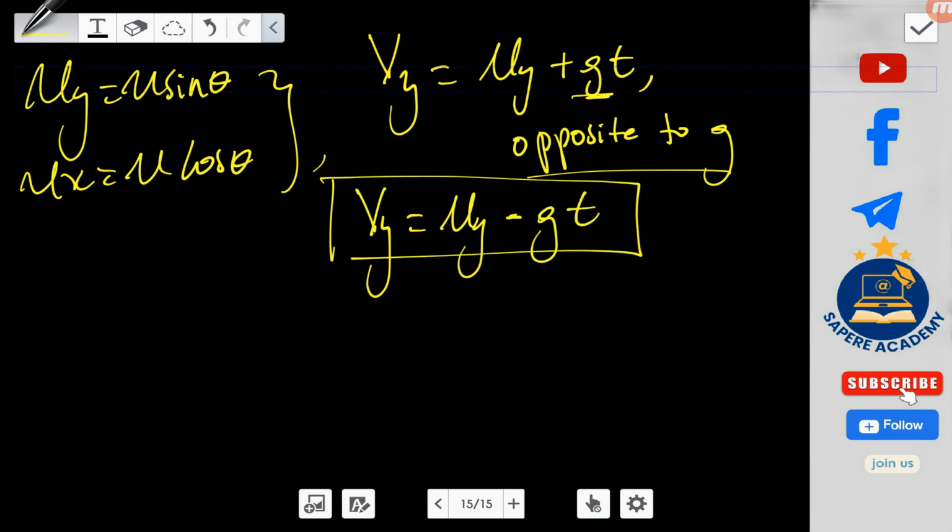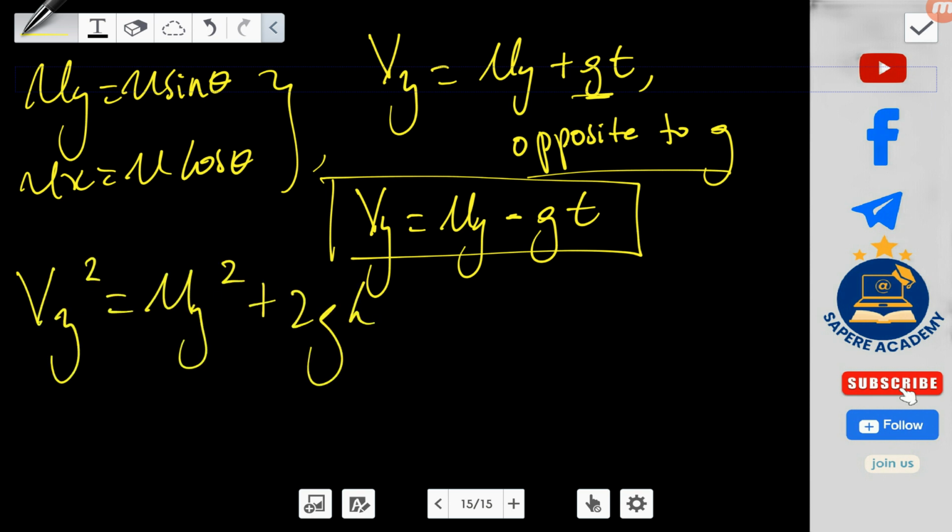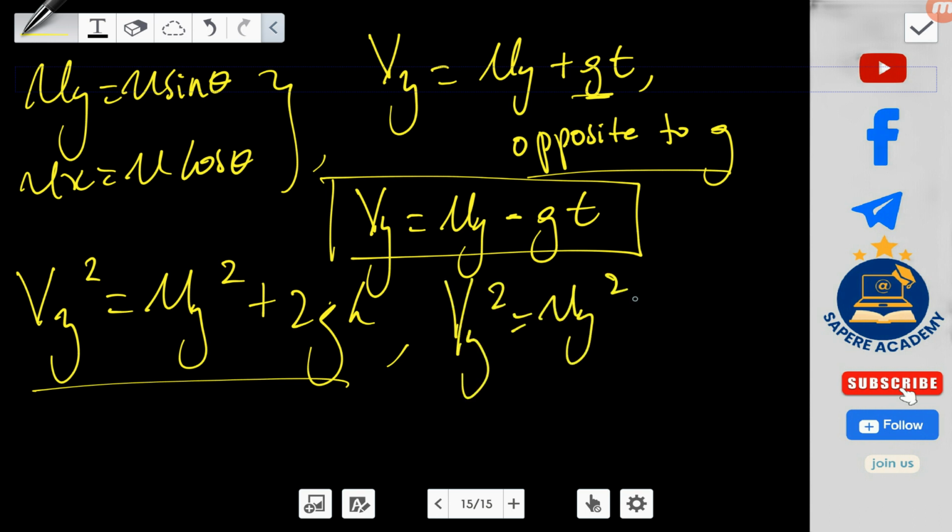So this is another equation u of y ለማግኘት። ሌላኛው equation ደግሞ ካስታውሳችሁ v of y squared is equal to u of y squared plus 2gh ሚል equation አለ ከዚህ በፊት የተማራችሁት። So እዚህ ውስጥ again the value of g ወደ ታች ይሄደ ኦብጀክቱ ወደ ላይ ስለሚሄድ ኔጌቲቭ ይሆናል። So v of y squared is equal to u of y squared ሲቀነስ 2gh ይሆናል። So እነዚህ ሁለቱ equationዎች the value of vy ለማግኘት ያገለግሉናል።